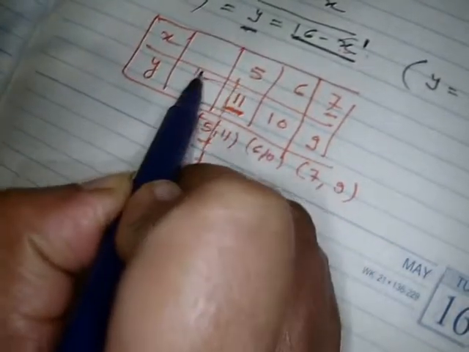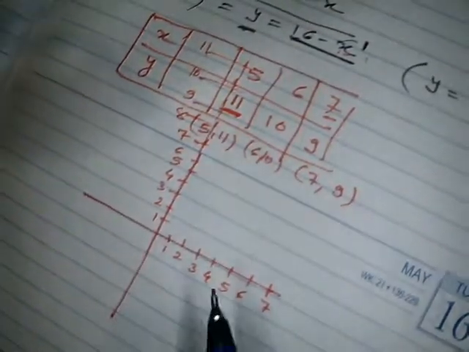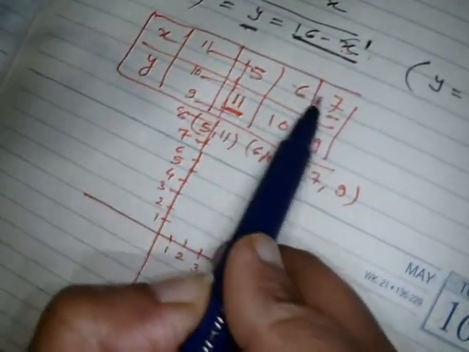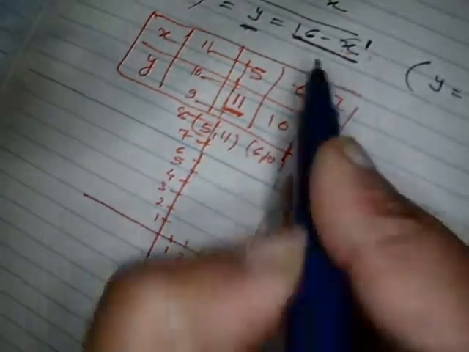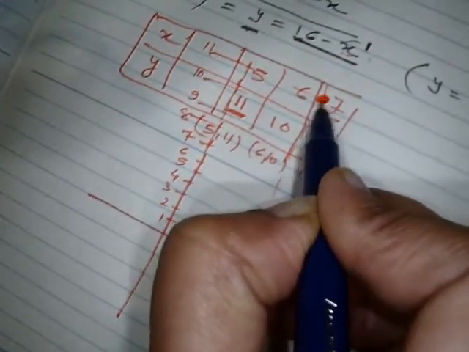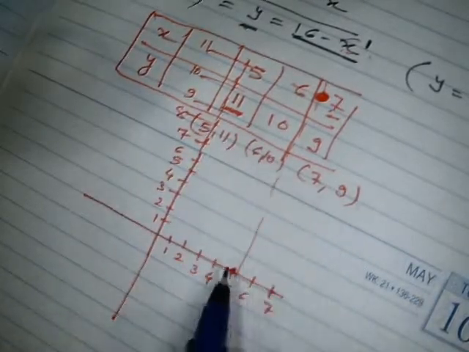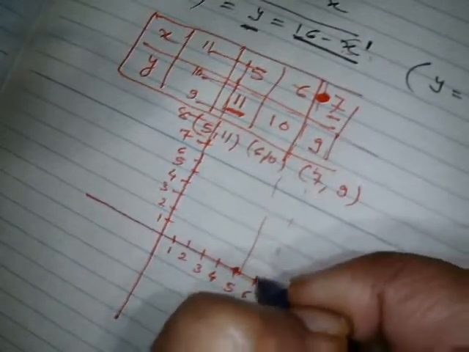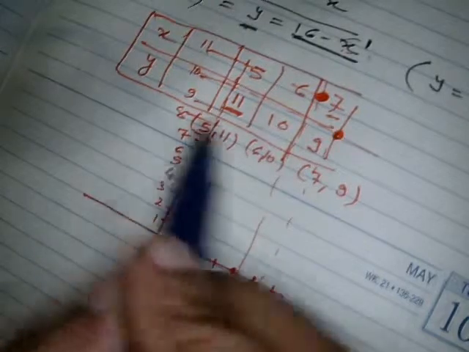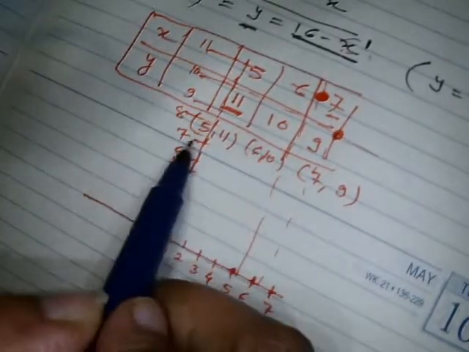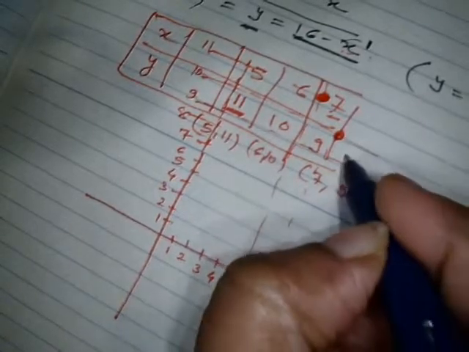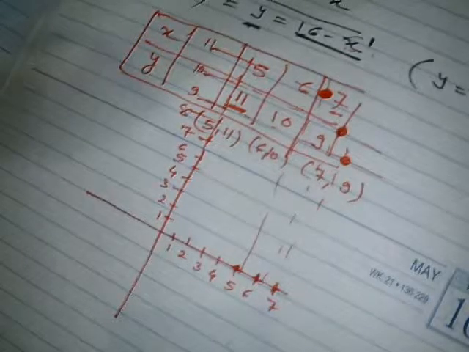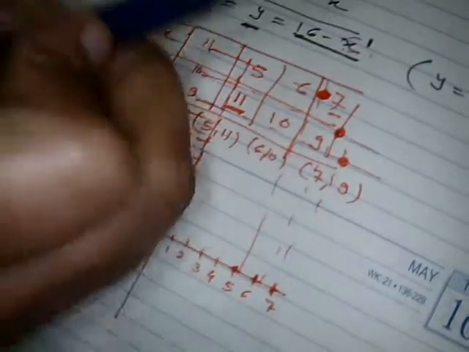Now first I need to plot 5 comma 11. This is 5 and this is 11, so when you come parallel to this and parallel to this, this is the first point we have reached. Now the second is 6 comma 10. This is 6 and the 10 is here. Now the third is 7 comma 9. This is 7 and where is 9? This is 9, parallel to this and parallel to this. Now I need to plot a line which passes through these 3 points. When you join these 3 points, this is going to be the line. Got it? So this is the straight line for this linear equation.